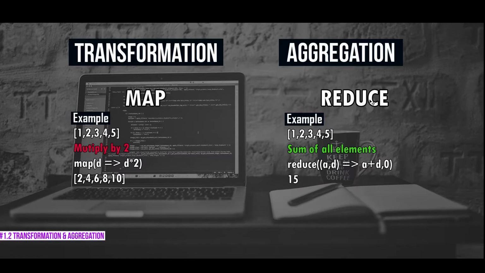If you are familiar with the reduce function in JavaScript, that represents aggregation. Here is a quick example. We have an array and we apply a reduce function of sum of all elements, and when we do that we get the sum of all elements. So we take an array and condense it into a value using a reduce function. Being able to aggregate and transform at a query level will make your life so much easier when it comes to time series data.